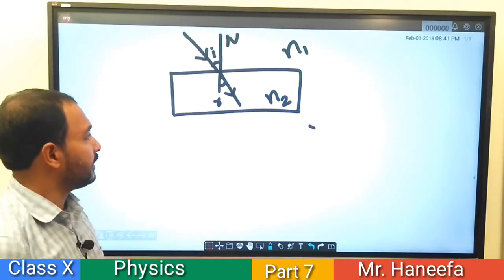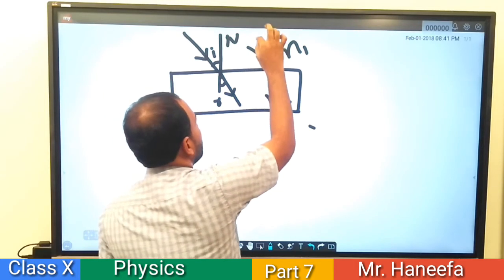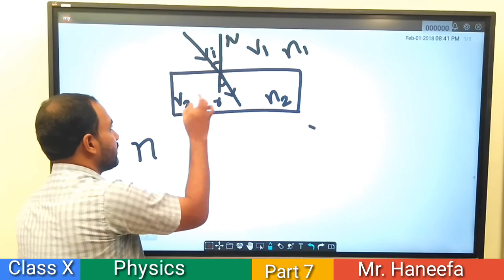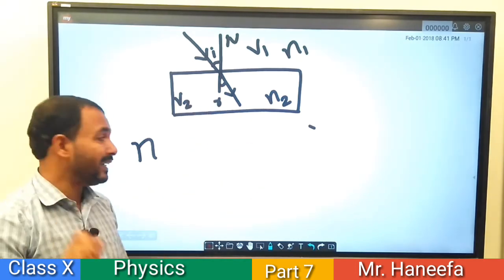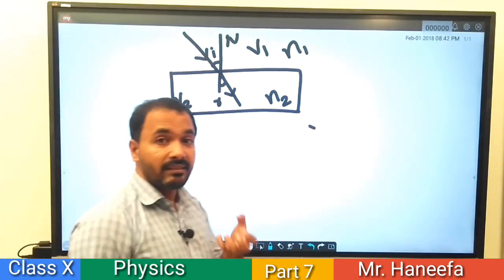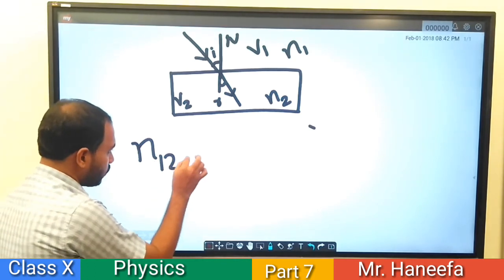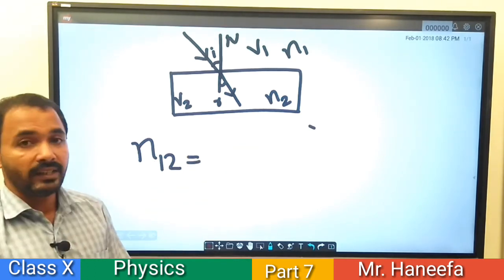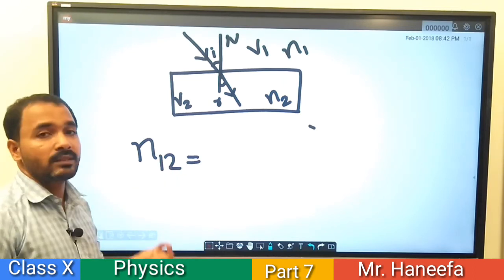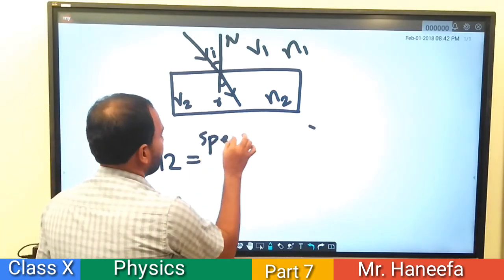Refractive index is denoted by the letter n. v1 is the speed of light in medium 1. v2 is the speed of light in medium 2. So this refractive index is a relative term. So we can explain n12. n12 means the refractive index of the first medium with respect to the second medium. That means speed of light